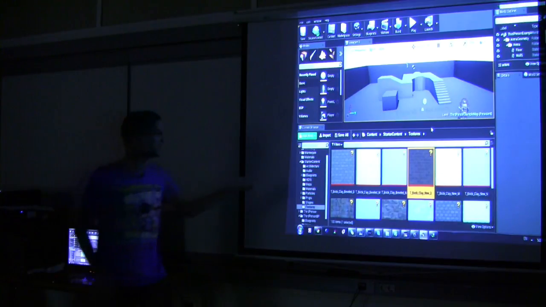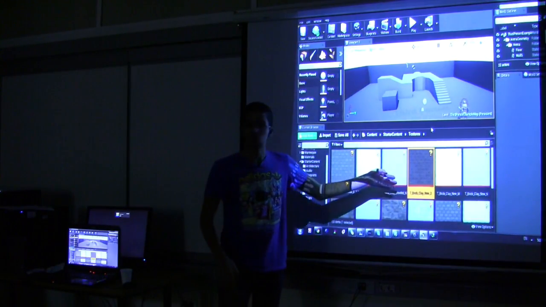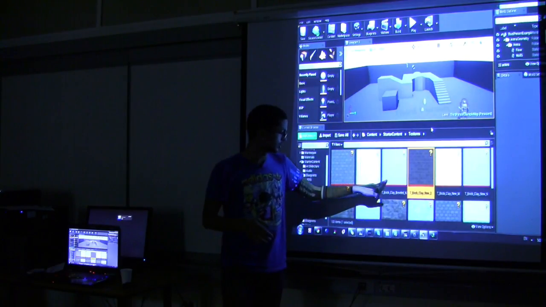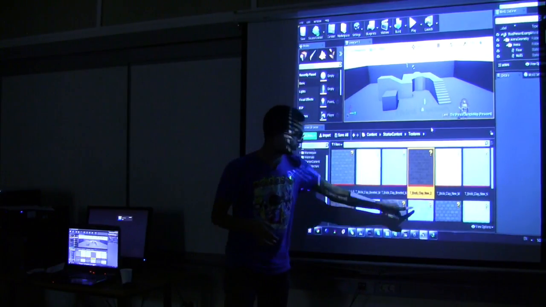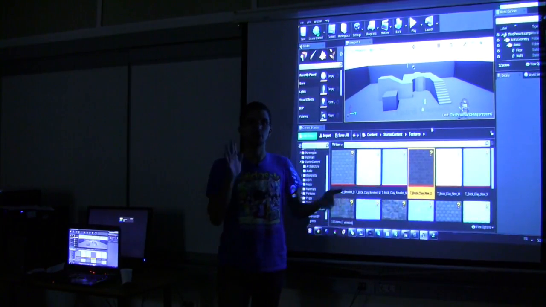So this is the diffuse map. This is a normal map. I'm not sure if Karim explained what a normal and the specular and all that. You explained that before, right? Okay, so the normal map, it's usually bluish in color like that, and it's just an approximation of how light